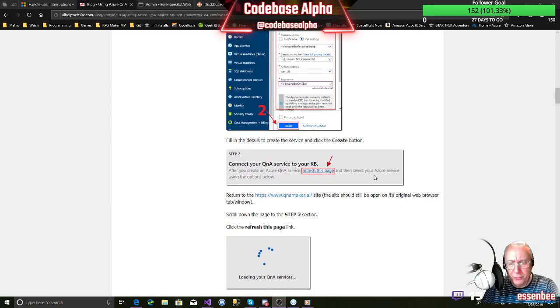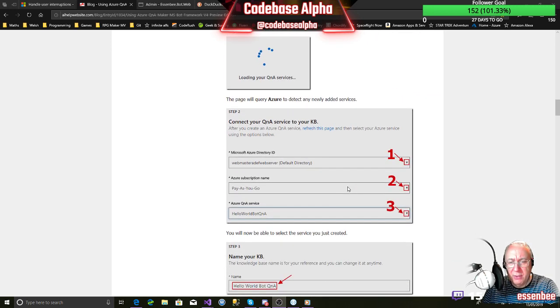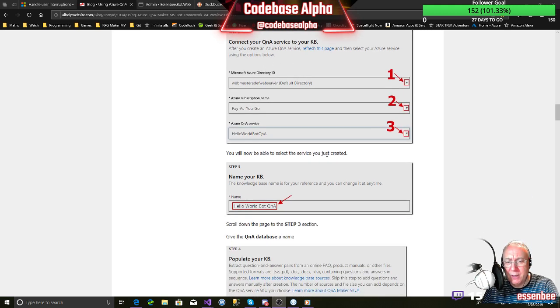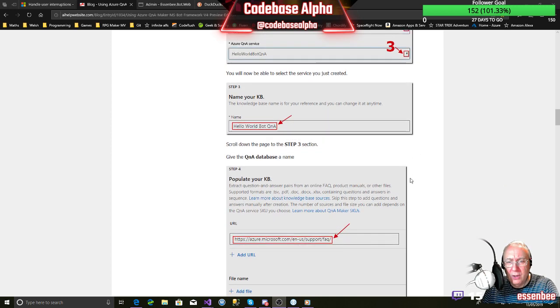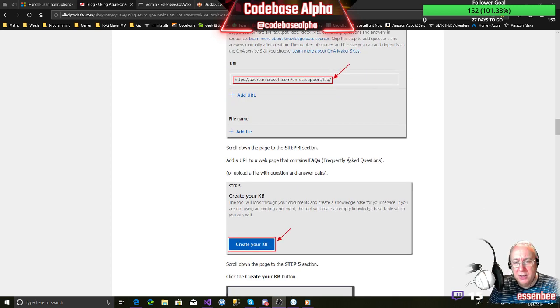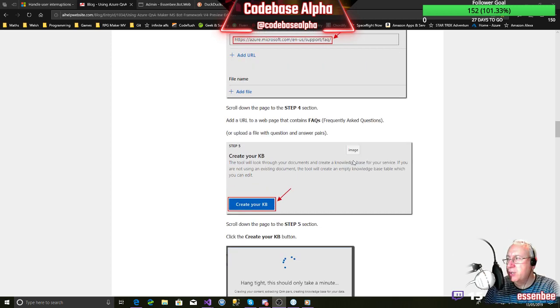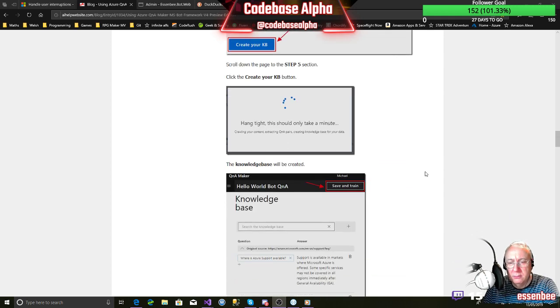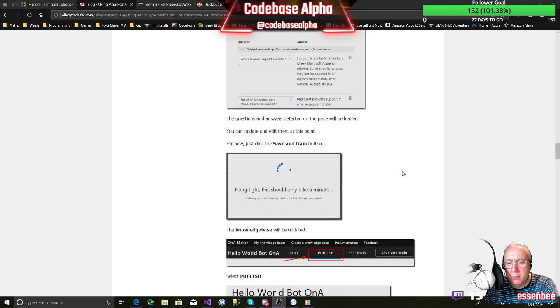I followed all these steps, except when I got to connect to the Q&A service, your knowledge base. I didn't do any of those. I didn't populate my knowledge base with an FAQ document. I simply went through and enabled chit chat. I'm pretty sure I chose witty as the personality we want to give the bot. So it created a knowledge base for me, and I published that knowledge base